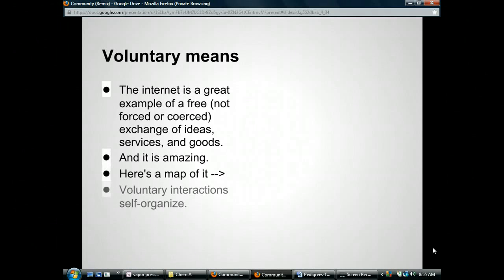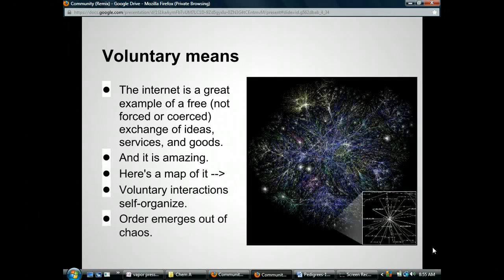One of my favorite examples of a voluntary organization is the internet. And it's really, one of the most interesting things is that it's not organized by any one person or agency or centralized thing of any sort. It's totally a self-organizing system. Over time, it has become extremely complex, well-organized, not centrally controlled, and yet there's a lot of order there. Now, sure, there's bad things, and there's stuff you got to watch out for. There always is. There's always going to be creeps. There's always going to be people trying to do bad things through any technology. But for the most part, it's done a tremendous amount of good.